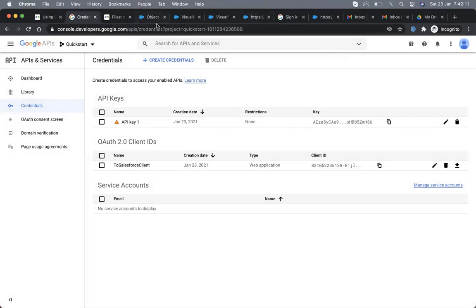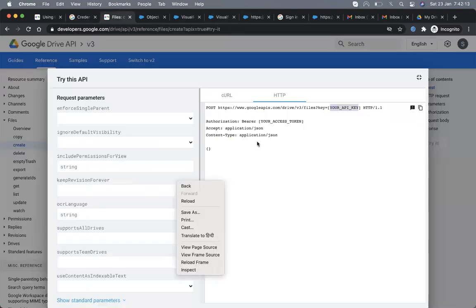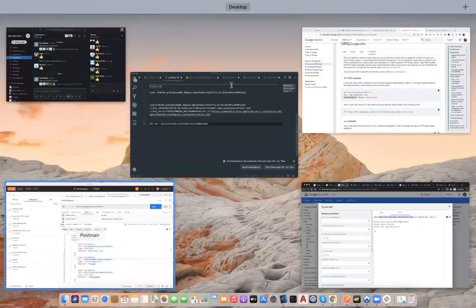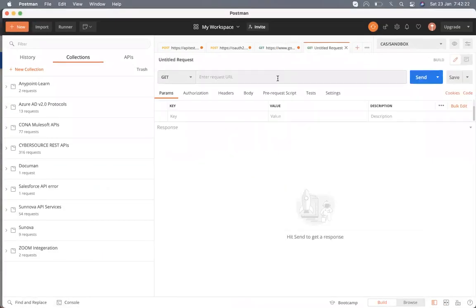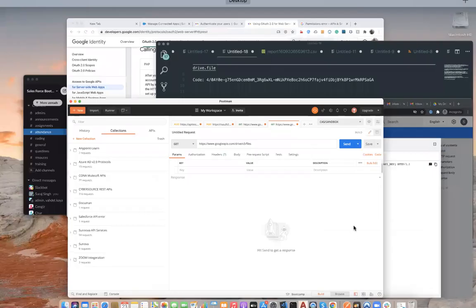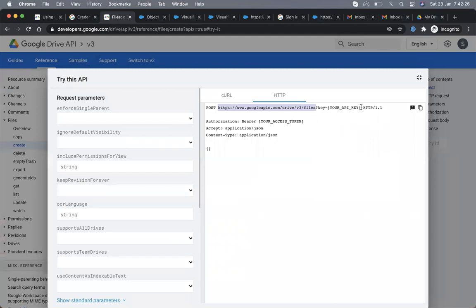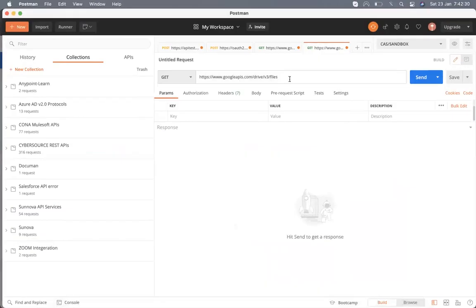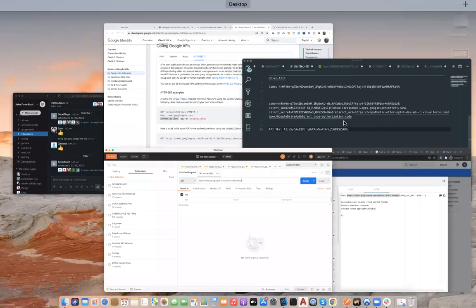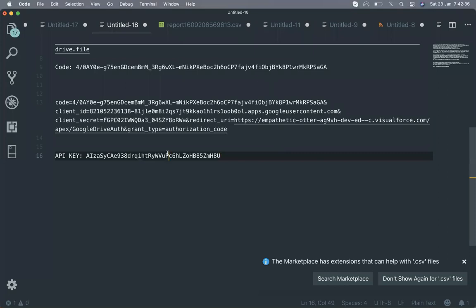Now I need to make a POST request to this. So let's copy this, all of this till here, and go to Postman. And then key, here is my key.